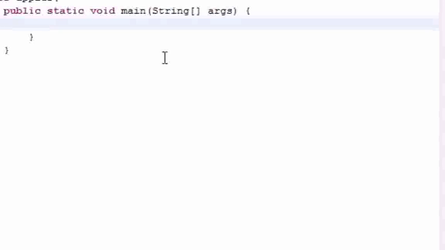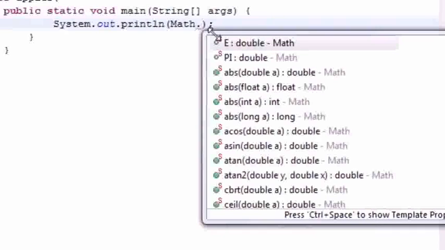So the first thing we need to do is go ahead and make a print line out on the screen. So print line, and make it take an empty parameter for now. And in this parameter I'm going to be putting all the methods of the math class. So go ahead and type Math, put your dot separator, and then the first one,